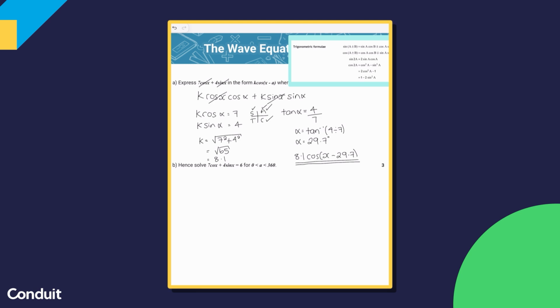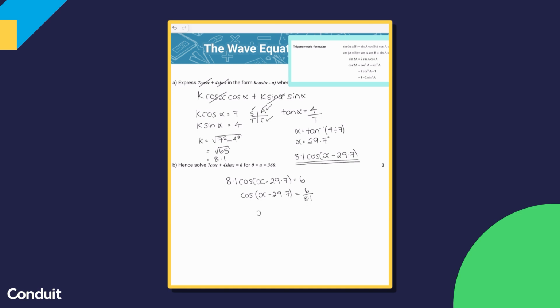Moving on to part B, we're going to substitute in what we've just found to create a new equation. So 8.1 cos(x minus 29.7) is equal to 6. And that was why we had done that part A, so that we could set up a trig equation in terms of just one trigonometric function. I'm now going to solve this. So first I'm going to divide through by 8.1,